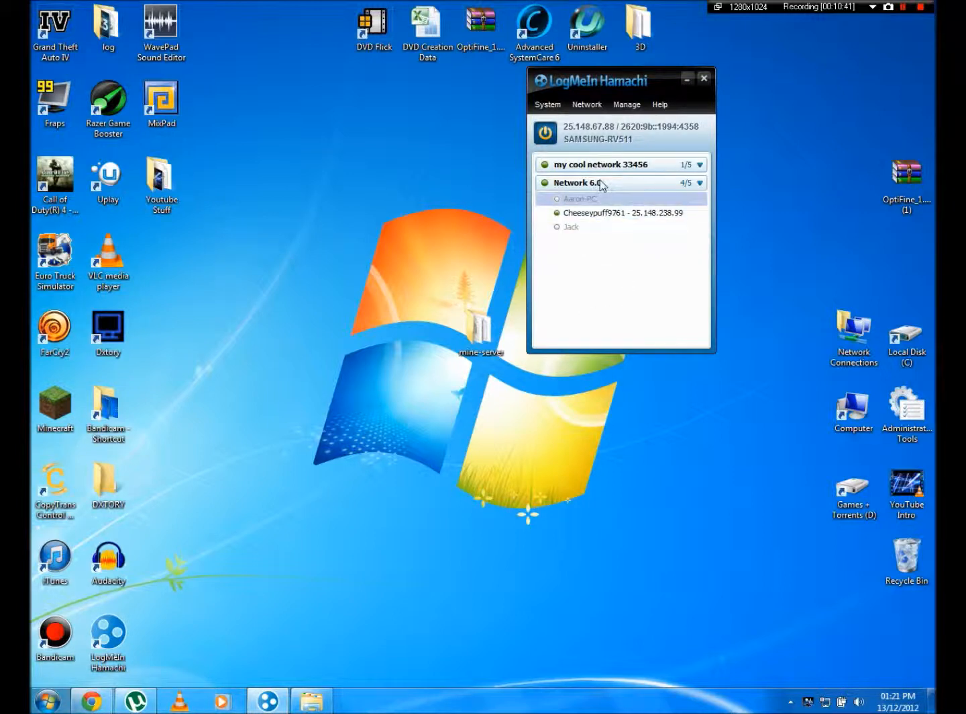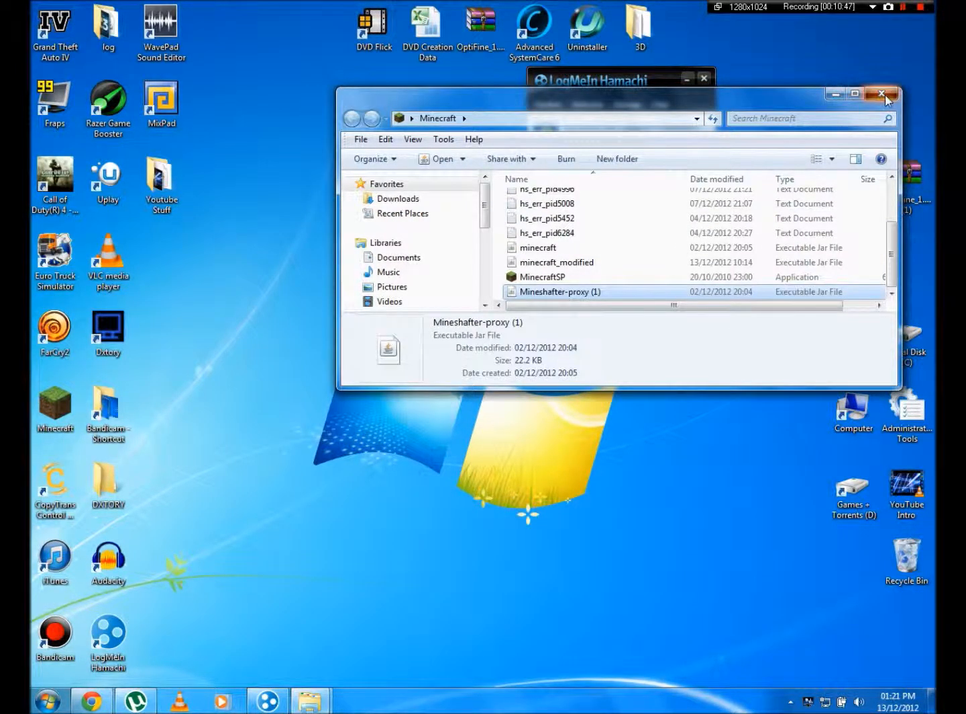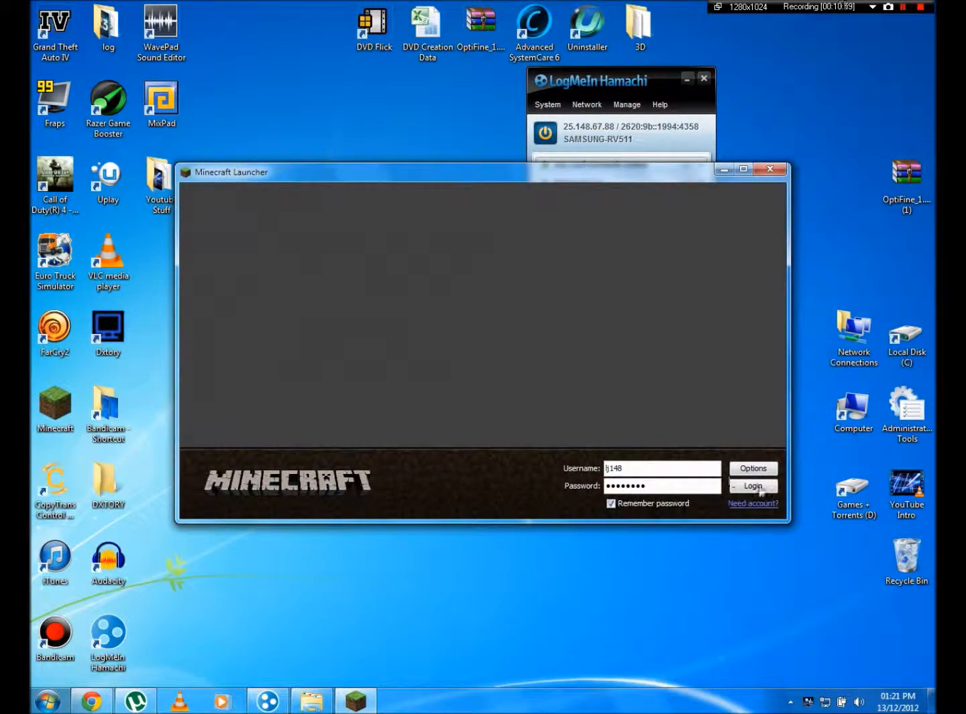Now once they're connected to this server, you're going to go into Minecraft. So my Minecraft is here. Wait for it to load. You're going to log in,